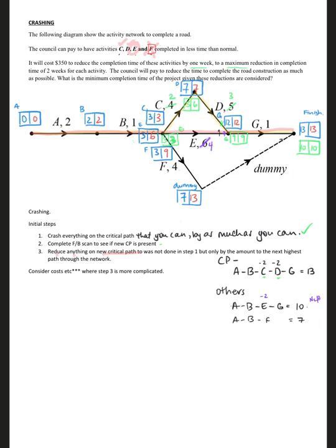But by reducing this by 2, this now makes that path through there 8, whereas this path, reducing that by 2, made that 9. So can you see how reducing that E by 2 full weeks was not necessary and a bit of a waste